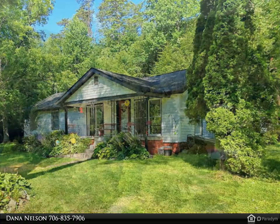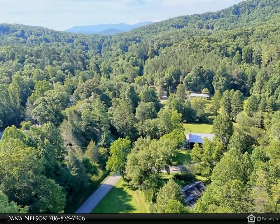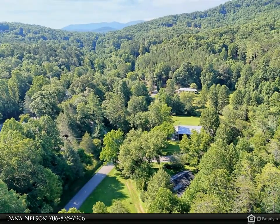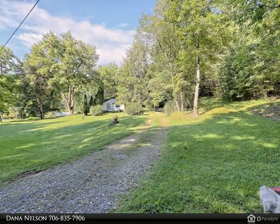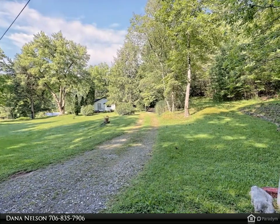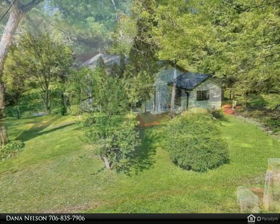Discover the charm of Blue Ridge Mountains living in this inviting 3-bedroom, 2-bath with a bonus room, 1-story country home, perfectly situated on 1.5 acres of gently rolling land. Located just a short drive from the heart of downtown Blue Ridge, this property offers the ideal blend of privacy,